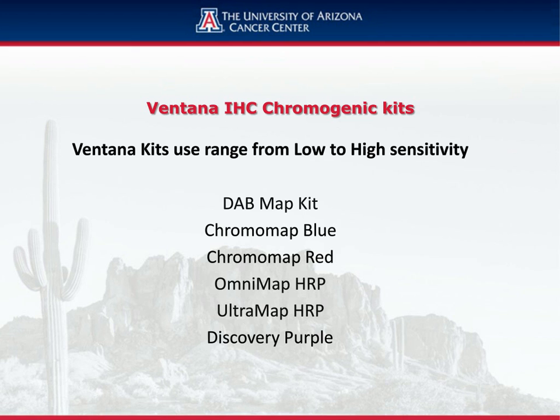Once I've determined an antibody titer that shows proper staining, both intensity and location, then I am free to go to using the chromogenic kits. And the first chromogenic kit that I will use is a DABMap. I will take the antigen retrieval conditions and the antibody titer that I have determined, use the DABMap, look at the control tissue, and once I have determined that everything is correct,